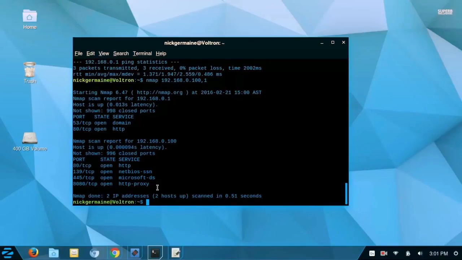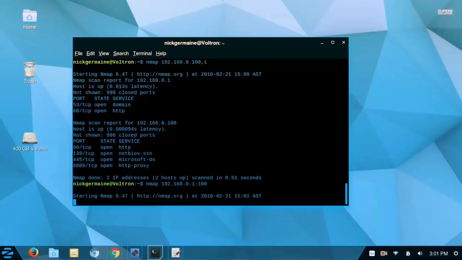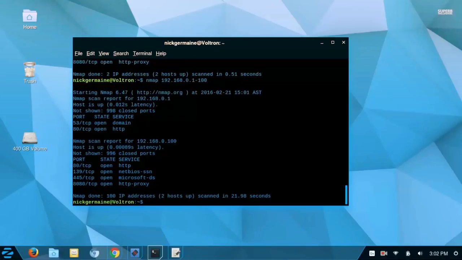Now you can also scan a range of IP addresses. Let's go ahead and run the nmap command again at 192.168.0.1-100. This is going to go from 1 all the way to 100, and it's going to scan all IP addresses within that range. If I had a bunch of machines on my network, which I actually do, I have my phone on that network as well, and that's it actually. So I've got my router, my computer, and my phone. My phone is not